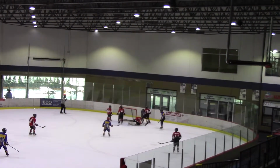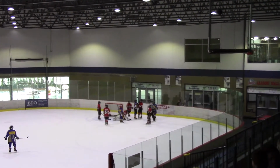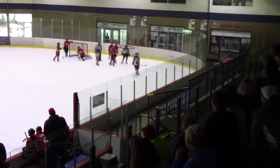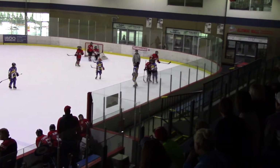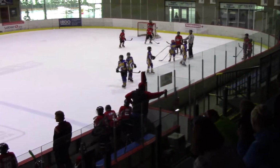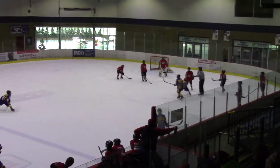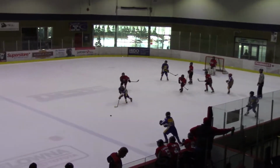Roan breaking it away. Oh, that might be the older Merrick boy. Oh, it is the older Merrick boy. Sorry about that. Just calling that wrong. So puck comes back to